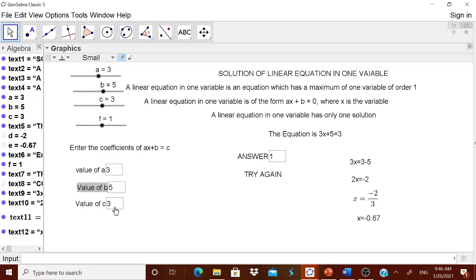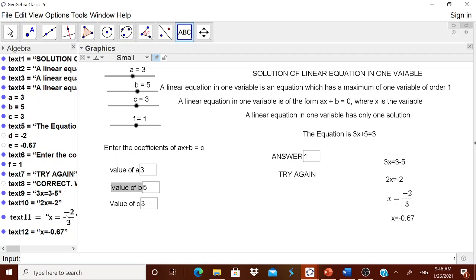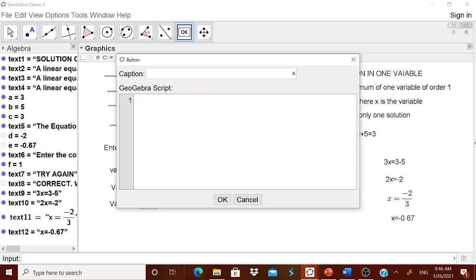Okay. Now, our next idea is we want the steps of construction to be viewed only when you click an OK button. Or go to this OK button. And remember that here I think you have to be very careful. What are the texts for this? Okay, the texts 9, 10, 11, 12. You have to remember that. That's all. Very simple. Okay, go to this OK button. In that OK button, you have to type steps.